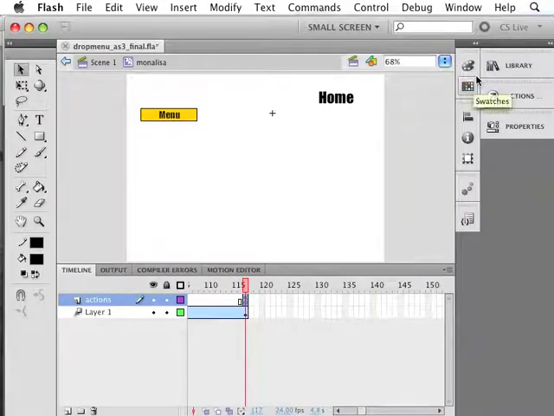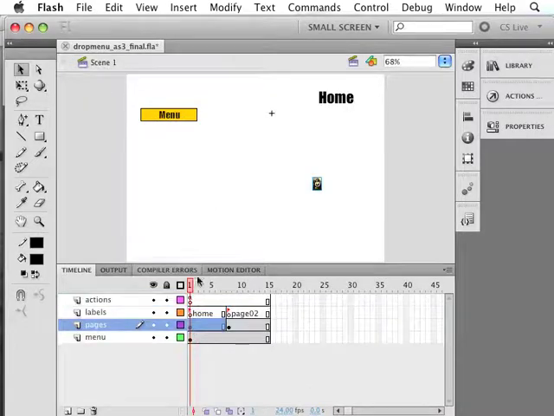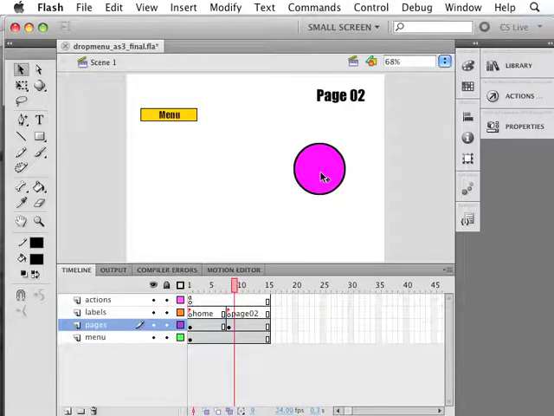Okay, so that's the movie clip in the home page, which again is a motion tweened movie clip. My advice to you is to keyframe the first frame, then set a keyframe on the last frame, and then do the middle ones. Now if I go back up to scene 1, and we'll go to page 2 here,